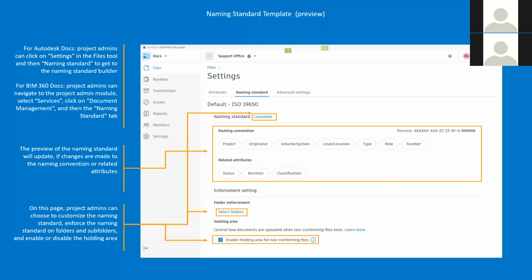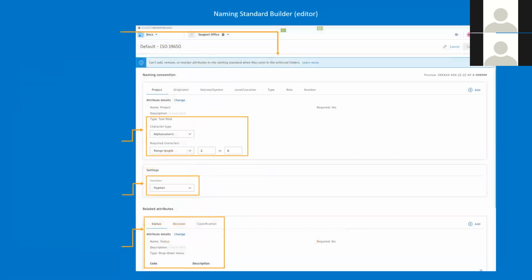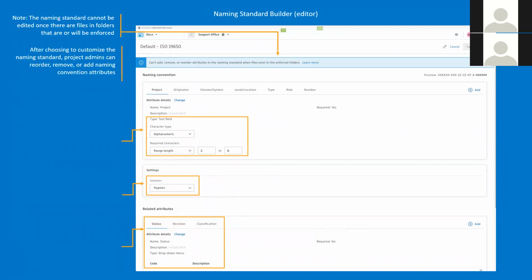And I suppose that just keeps the consistency to make sure that it's done from the very outset of the project as well. And then the naming standard builder editor. So what we can do in here is, I suppose, the naming standard cannot be edited once, as I said, there are files in the folder that are or will be enforced. After choosing to customize the naming standard, project admins can then reorder, remove, or add naming convention attributes if they want. Project admins can customize the type, the text field, drop-down list, or date as well that you can select